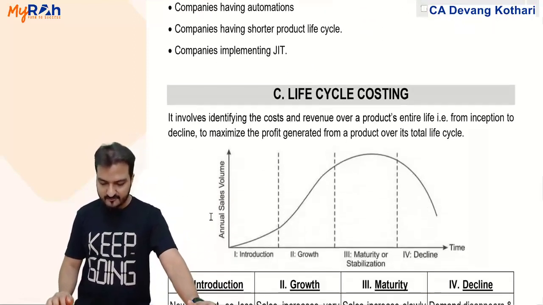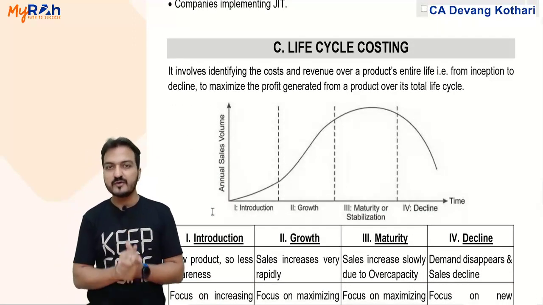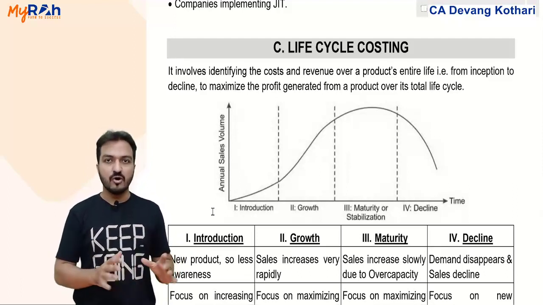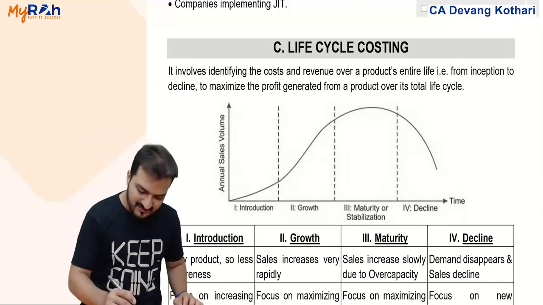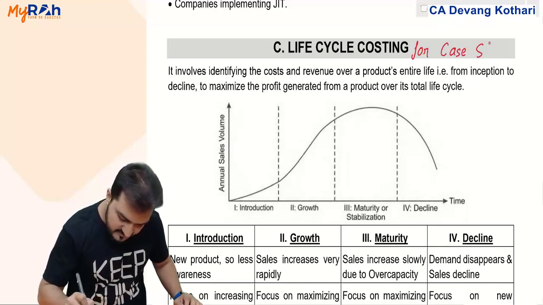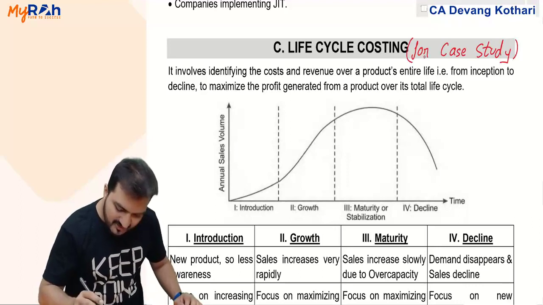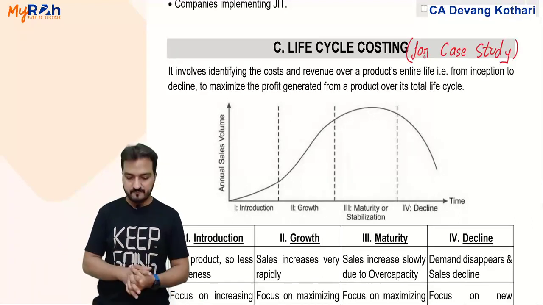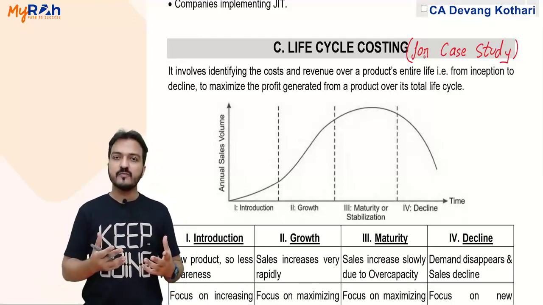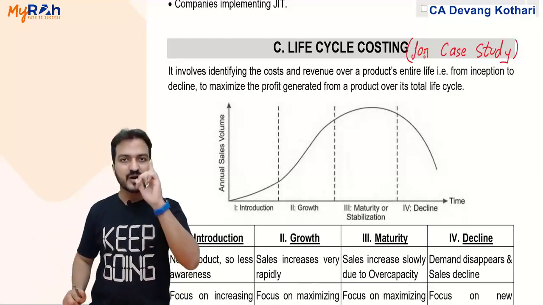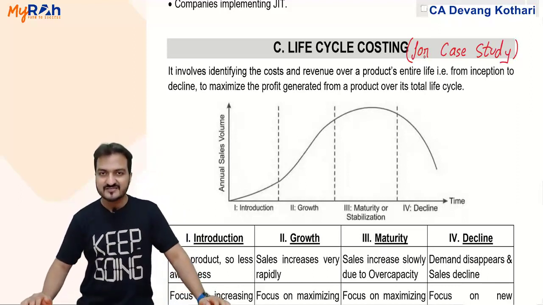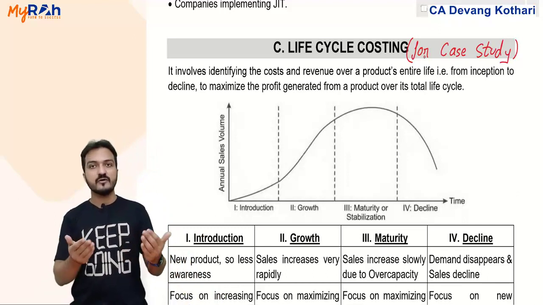Next one, life cycle costing. Well, life cycle costing is more important in case studies, more important in analysis. There are not many practicals or calculations involved here. Mostly you will get a question here which is pertaining to a case study. Plus, this discussion regarding life cycle costing will be along with chapter number 7, pricing decision. Under pricing decision there will also be case studies of life cycle costing, which I will cover here itself.